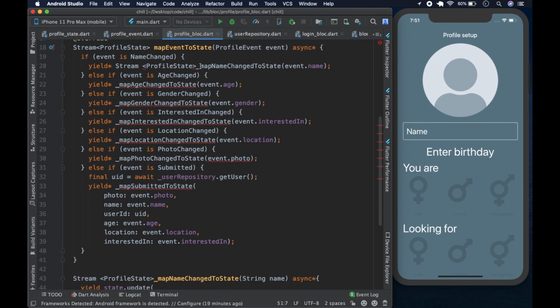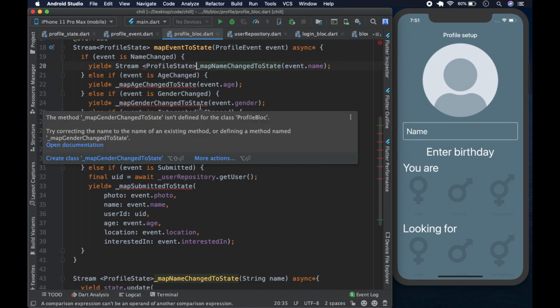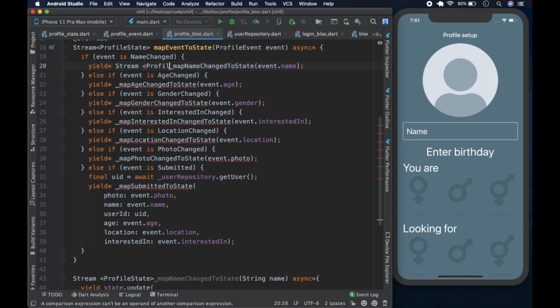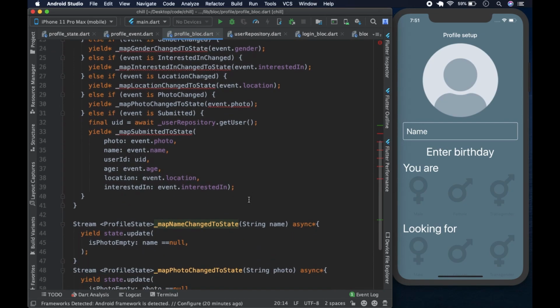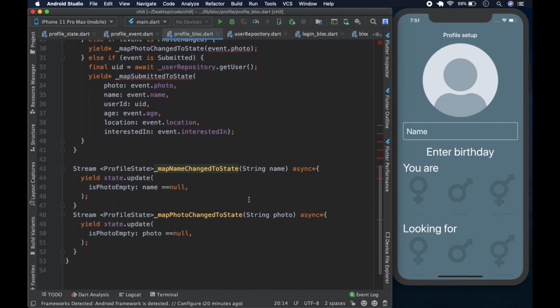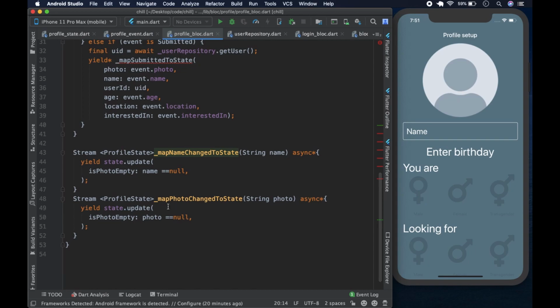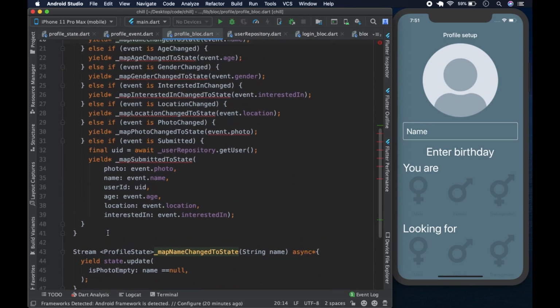Oh, I also made a mistake up here. This shouldn't be, should be like that, right? Get rid of the stream profile. It's supposed to be up here. I guess I was doing a lot of this typing at night when I was really tired. So yeah, the more tired you get, the more mistakes you make. But let's continue. So after that, we have map photo change to state,